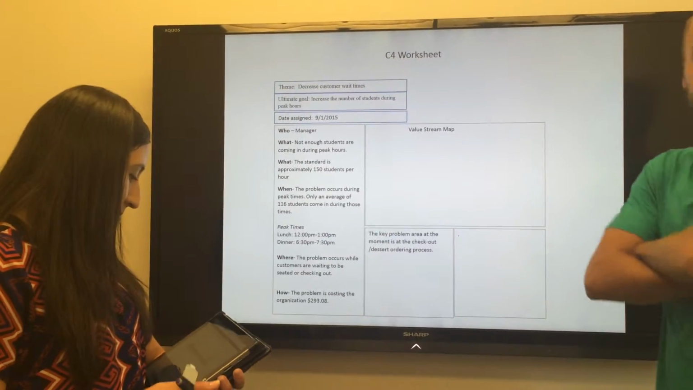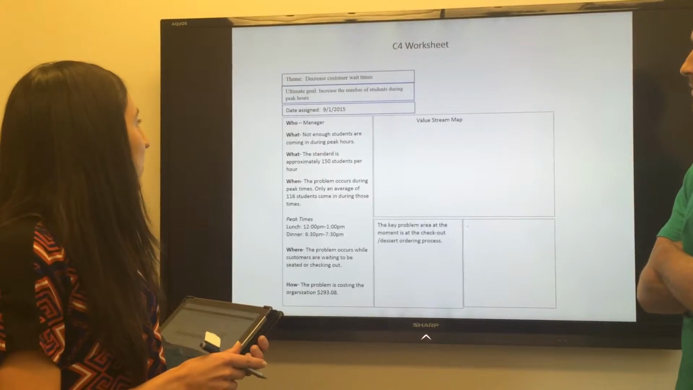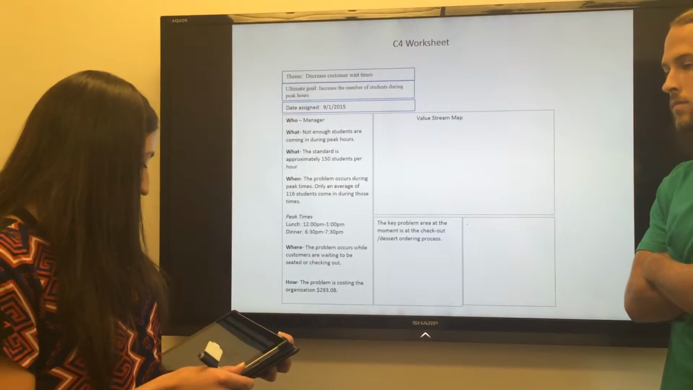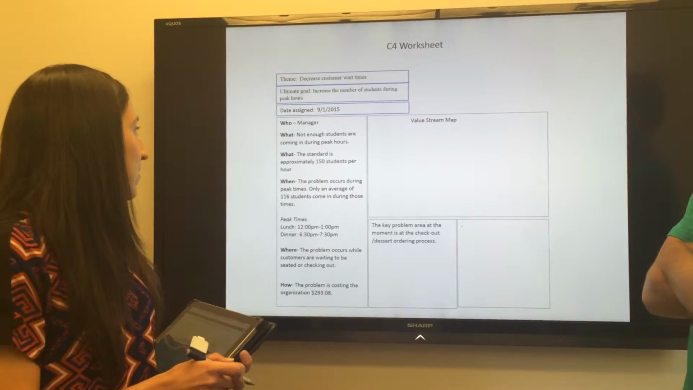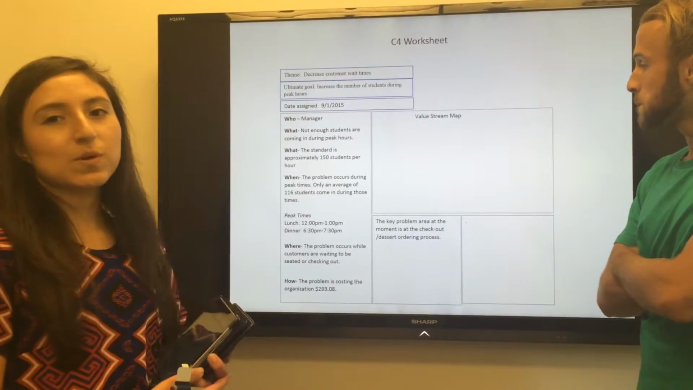So who discovered the problem? It was the manager. And what is happening to indicate a problem? Well, we're not getting enough students to come in during peak hours. What standard is involved, if any? Well, the standard is approximately 150 students, and the problem tends to occur during peak times since we're only averaging